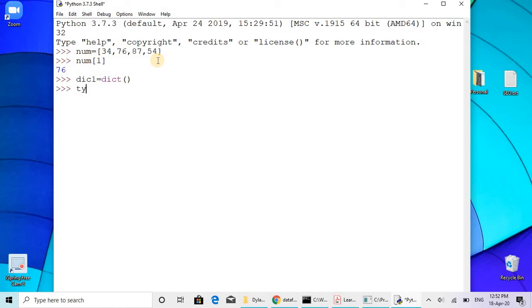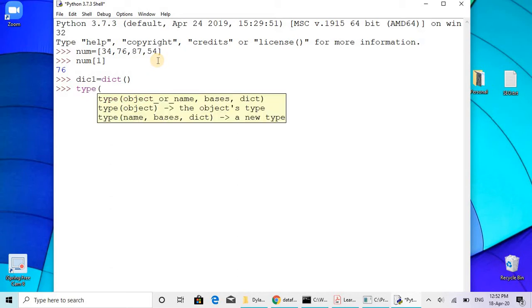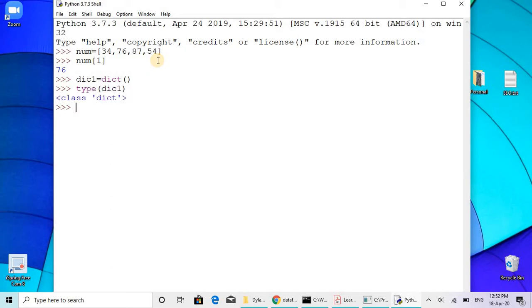You can check the type of the variable dic1 now, and you can see it is of class dict. That's the definition. While defining itself, you can also give values. We can check like that.